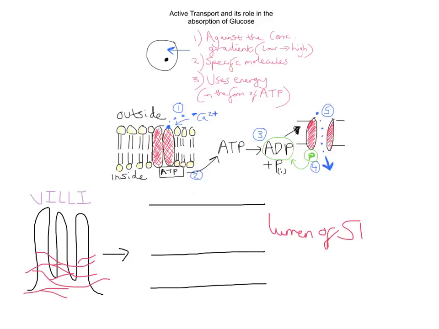What we have in the second layer, if you imagine it, is an epithelial cell of a villus, a single villus. And this third layer is going to represent our blood. So we have the lumen of the small intestine, the epithelial cell on the surface of the villi,